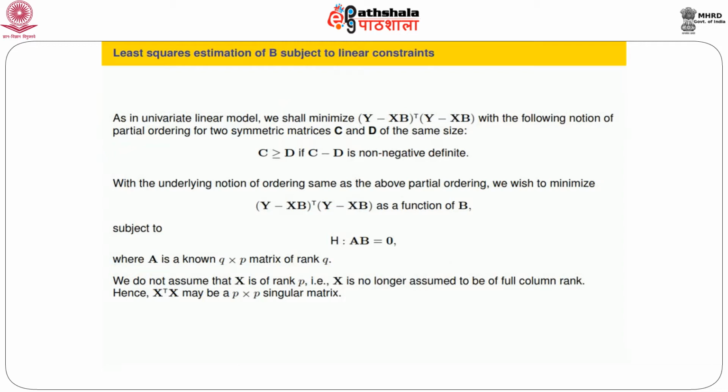So therefore, when X is not of full column rank, if we look at AB, what is AB? AB is really the rows of capital A, that is a_1 transpose up to a_q transpose, post-multiplied by the respective columns of B, those denoted by B superscript 1 up to B superscript d. So if X is not of full column rank, then we must necessarily assume this a_i transpose beta^j must be estimable, and this should happen for every i.